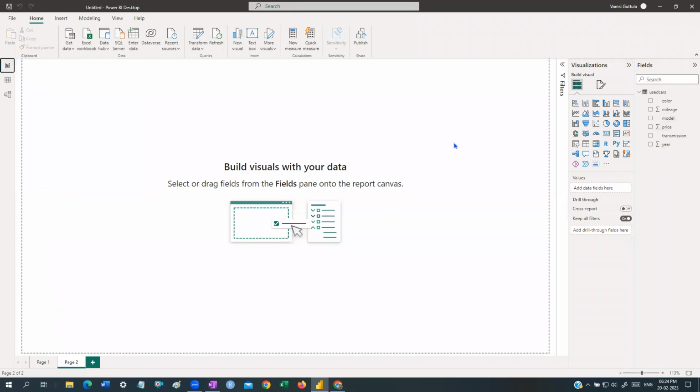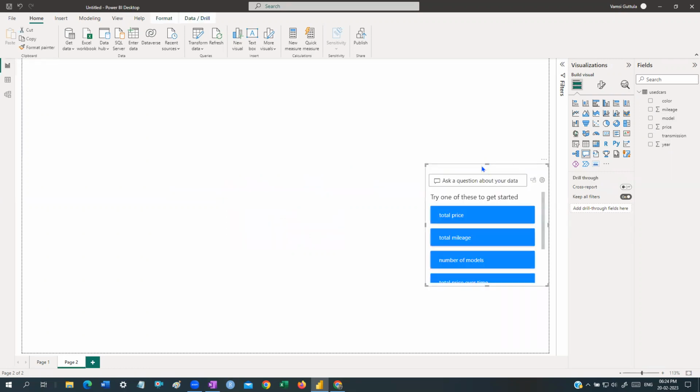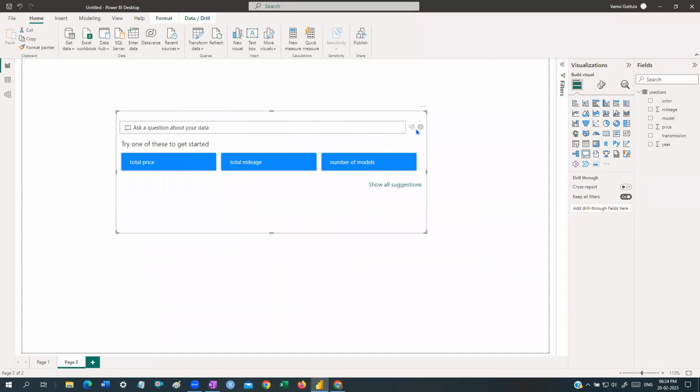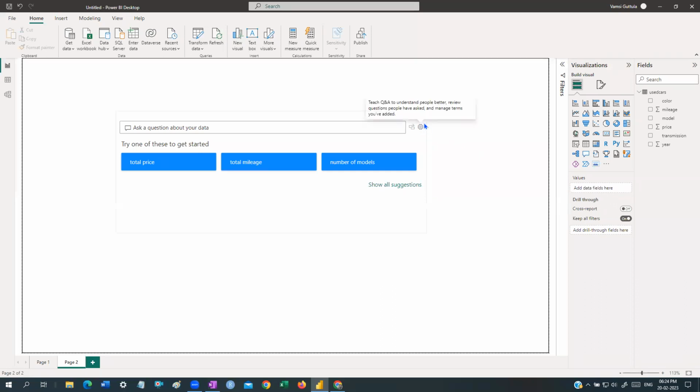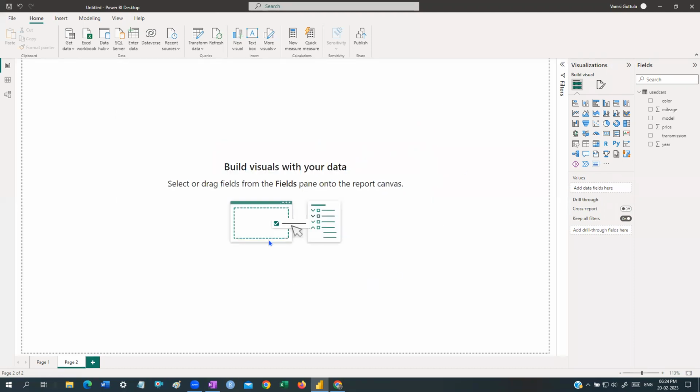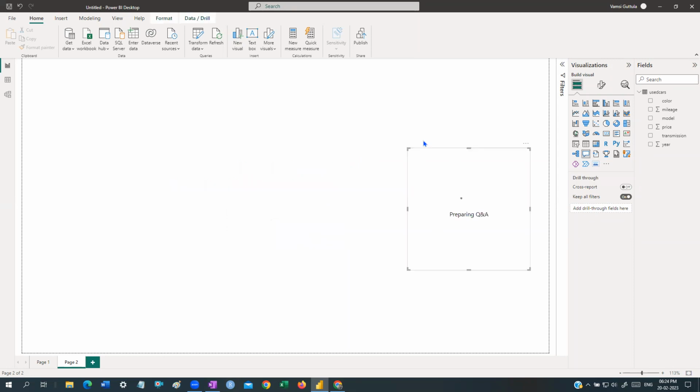So see guys, previously I had selected one visual from here and then plotted it. Now I'm not doing anything here actually, guys. Okay, so don't worry about that. I just double clicked here. This is the canvas. I'll talk about the terminology later. I just double clicked on the canvas.